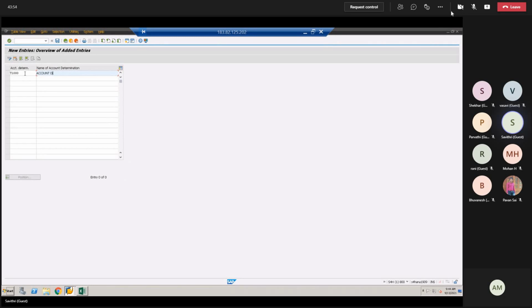account determination for buildings, T2000 for vehicles, and T3000